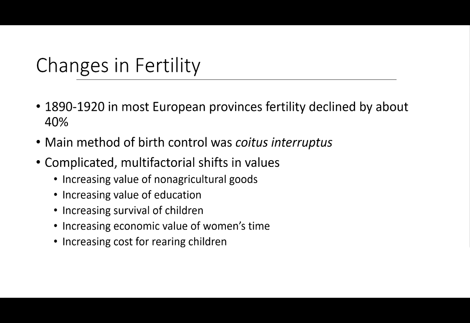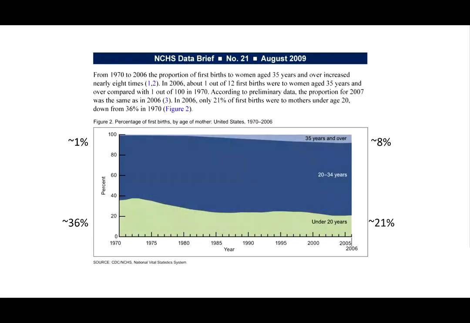This tail end, or perhaps the tail end, or where we currently are in the demographic transition in this country and in these more economically developed countries, is something I want to show you some data for. So what's going on now? Here are some data showing age at first birth, the age that a woman is when she has her first child, looking at 1970 on the left-hand side of the x-axis and 2006 on the right side of that x-axis, and going from 0% to 100% at the top.